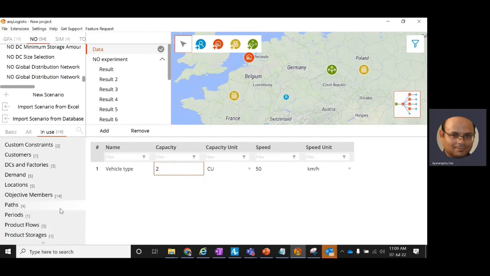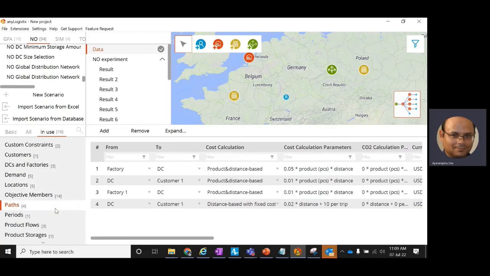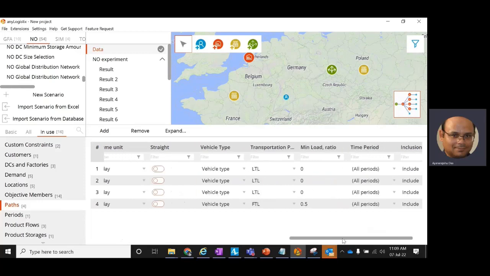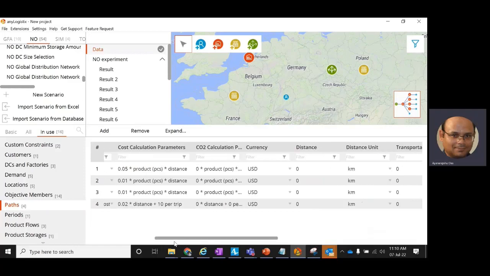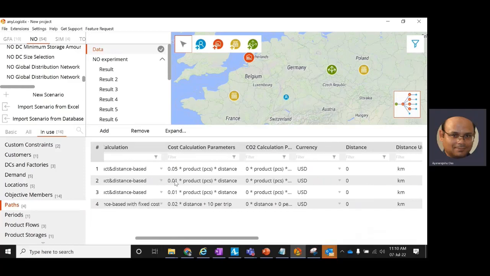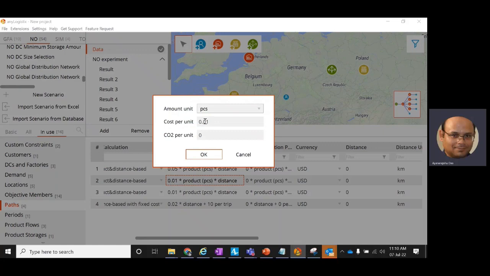When we define the min load ratio from DC to customer as 0.5, it means that if there is any volume which is more than or equal to 1 cargo unit, then it will use this transportation lane. And essentially, all the LTL shipments are actually costlier than an